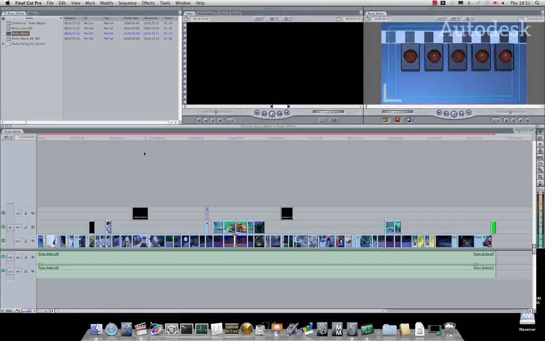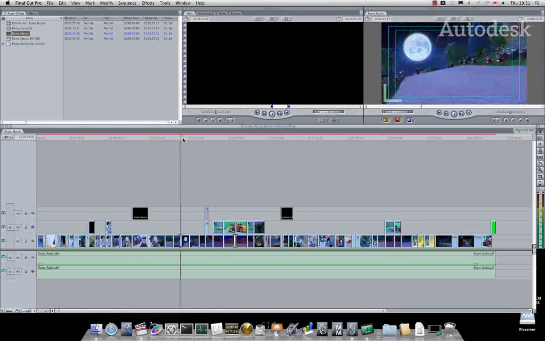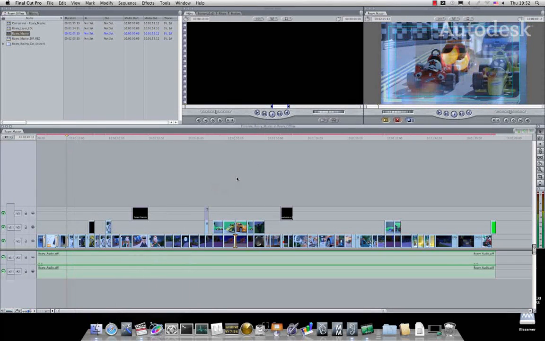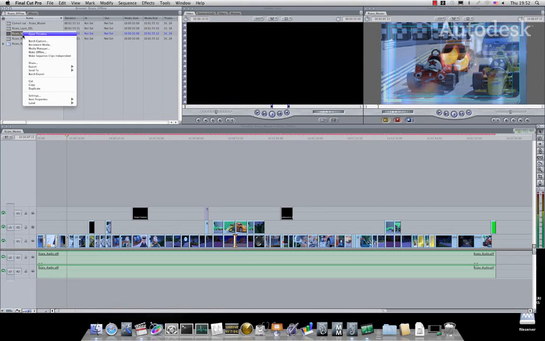The first thing is you've created an edit in your creative cut tool. So inside of Final Cut Pro, here we have an edit using material called Rory the Racing Car. The material is courtesy of Hullabaloo and Chapman's. What we need to do is take the timeline metadata and bring this into Smoke or Flame. The way this is done is by taking the sequence that we're using and exporting